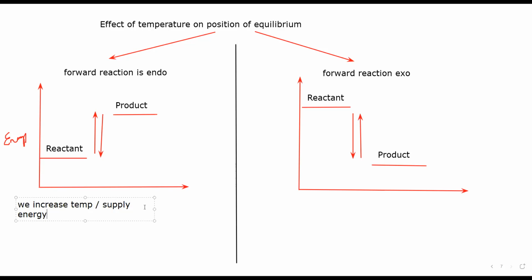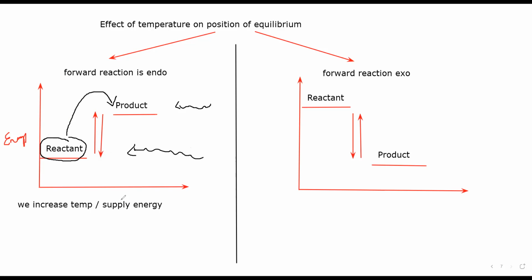So what we have is both reactant and product, but we are supplying energy to both. I'm supplying energy to the product as well as to the reactant, because we have both. So what happened? The product already has high energy, so even if it absorbs energy, it cannot form anything new. But what happens as energy is absorbed by the reactant? If energy is absorbed by the reactant, what will it form? It will form